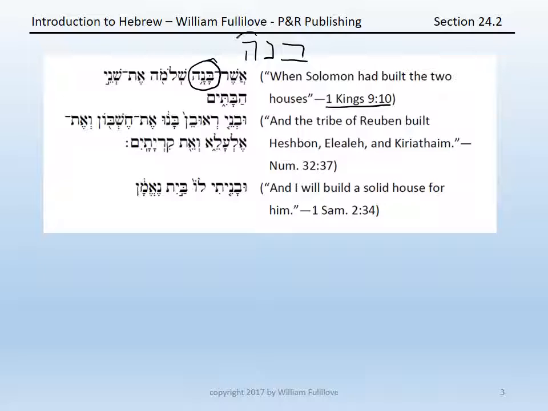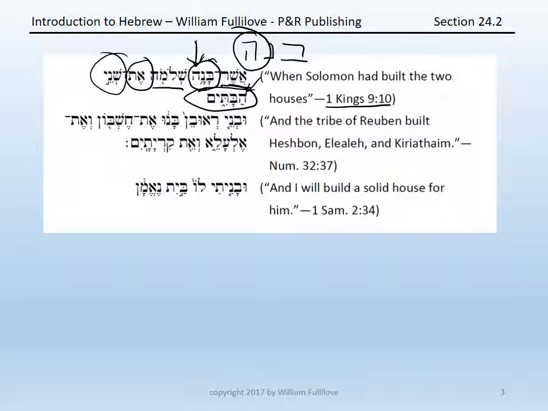Notice that the hey of the root, remember, has been lost, and the hey that you see in the text is a mater marking the long qamets vowel under the nun. So when Solomon had built, et, marking the definite direct object, the two houses, shnei, the numeral 2 in construct, the houses, hey, definite article, plus